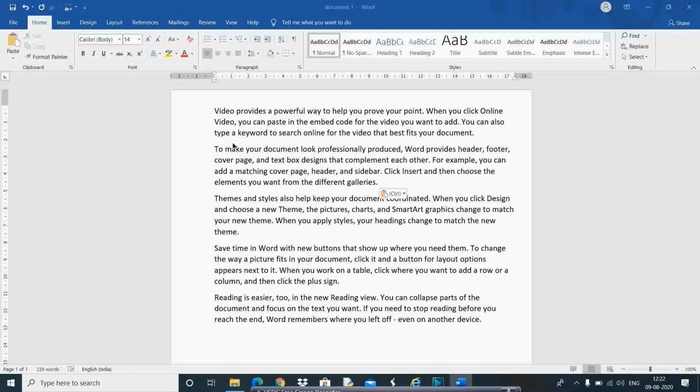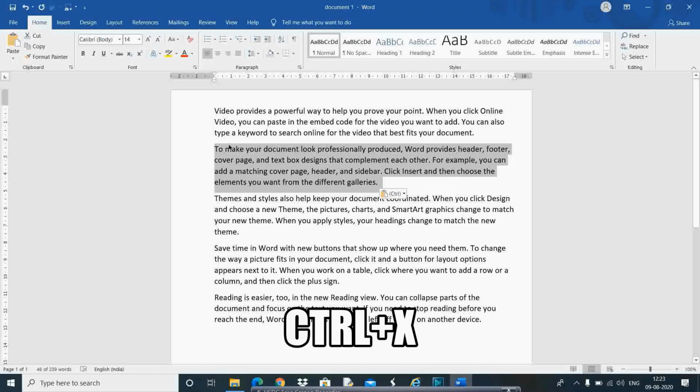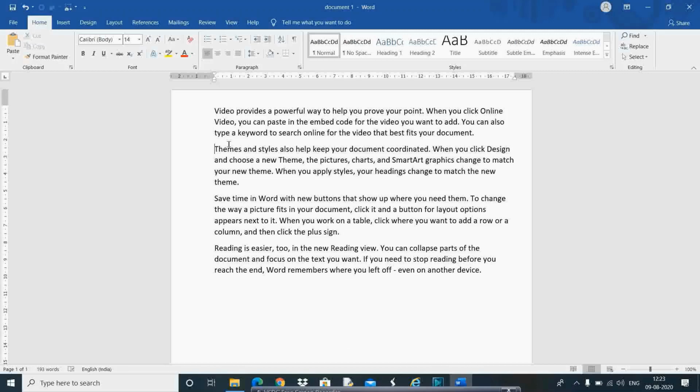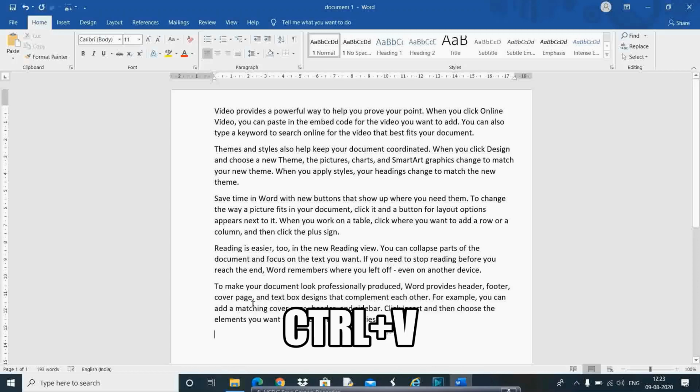Next, let me see the functions of the cut and paste command. Select the paragraph or text you want to cut first. I am selecting this paragraph from my keyboard, so I press Shift plus arrow key. After selection, we need to press Ctrl plus X for the cut command. The cut command is used to remove the item from its current location, and after that you can paste the text in a new location. Okay. So I am going to click on the page and press Ctrl plus V. Here you can see the result.